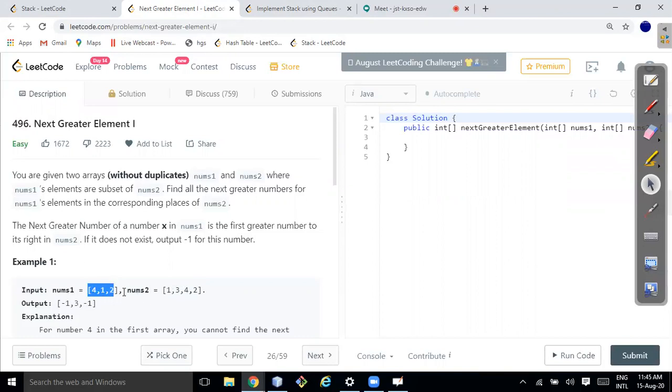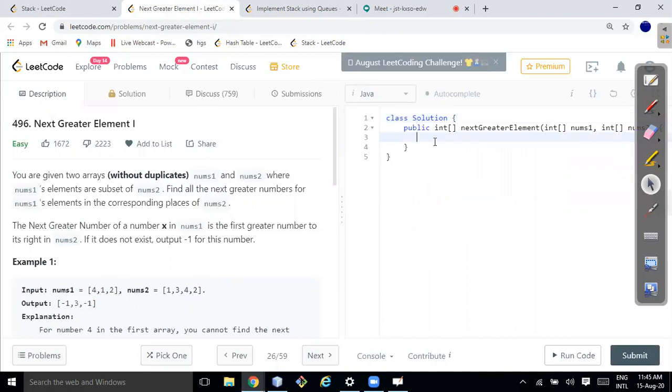If I can create one map out of this, let's say 1 3 4 2 and what is the corresponding value, so what I have found earlier, and then I'll loop over it, and using that map I'll search whether that element is there. If that element is there, then what is the value, and I'll keep adding on in the array output. So that's the way we can solve it.